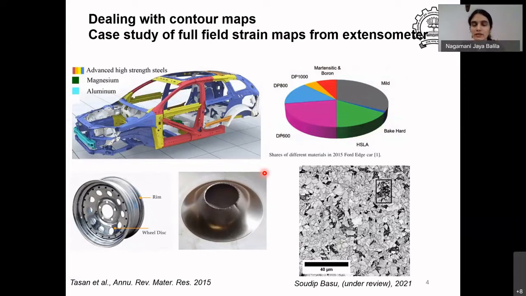So, correlating it to what we learned yesterday, the one with the higher hardness, called martensite, or phase B, has a higher yield strength or elastic limit. And the one with the lower carbon, which is the ferrite, has a lower yield strength. So this is the microstructure of the material that we are looking at.